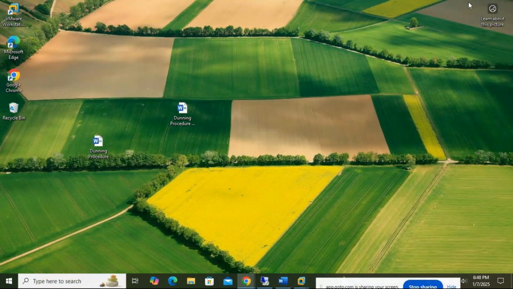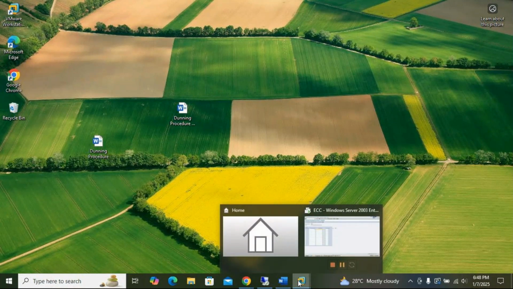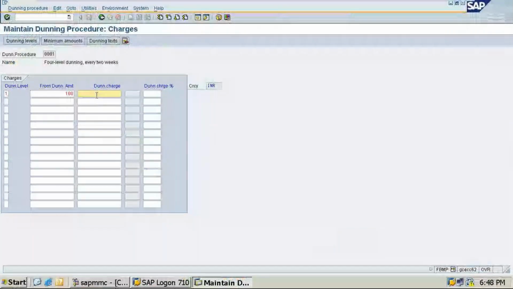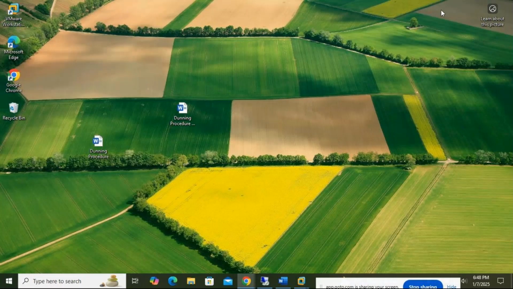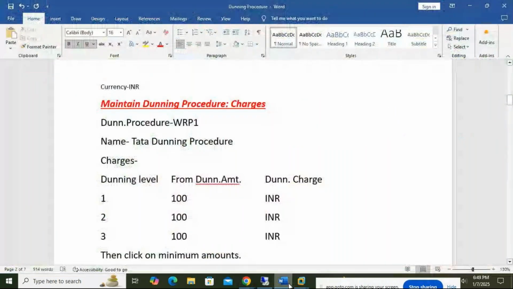Like this, 3 rows we have to create, students. Dunning charges. So what will be the dunning charges for this? INR. It is automatically taking.